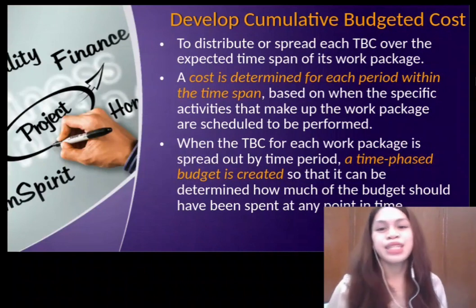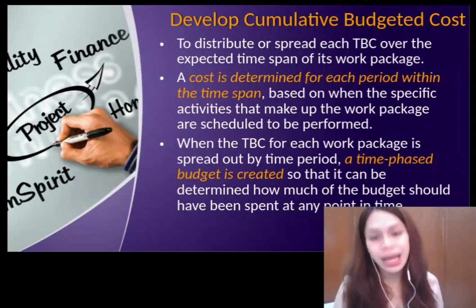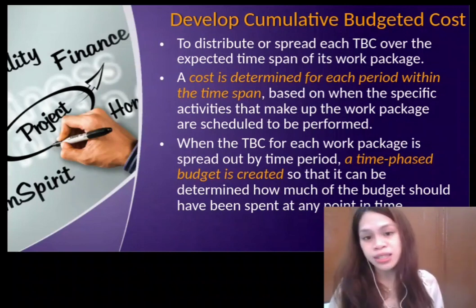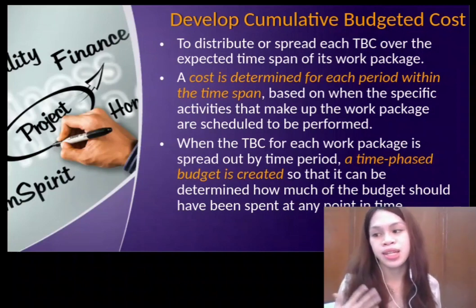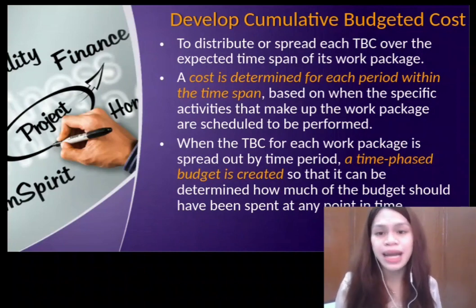Develop cumulative budgeted cost. So here it involves breaking down the project into smaller components or work packages and estimating the cost of each component. The cost estimates are then aggregated to arrive at the total budgeted cost for the project. Basically, this process is repetitive,